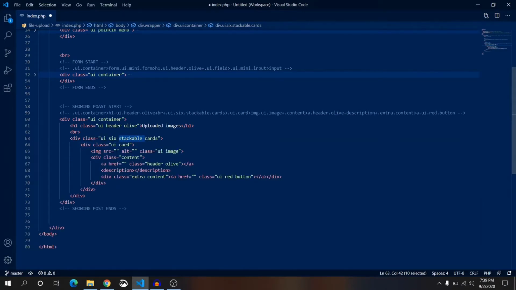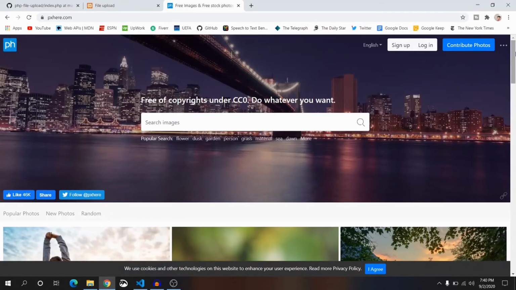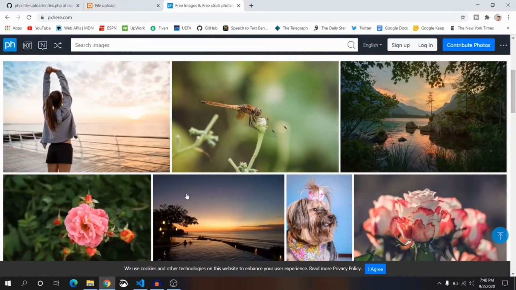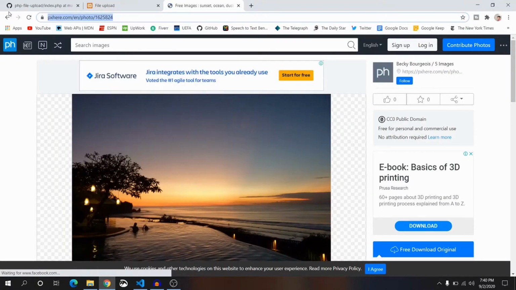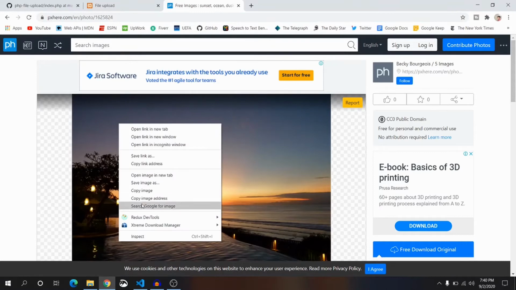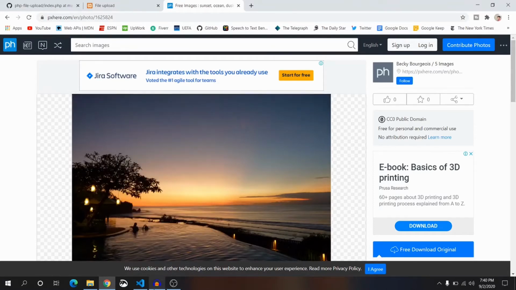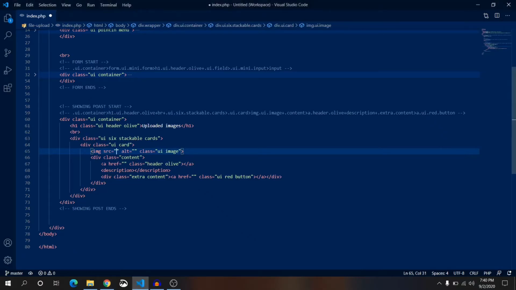We have an image. Let's use a random image from pixhere.com. This is a very good website for random images. Just copy the image URL: right click on it, copy image address, and paste it on the source of the UI mini image. And content,